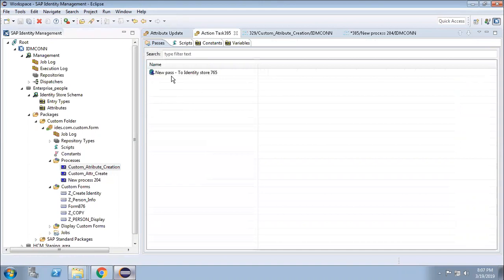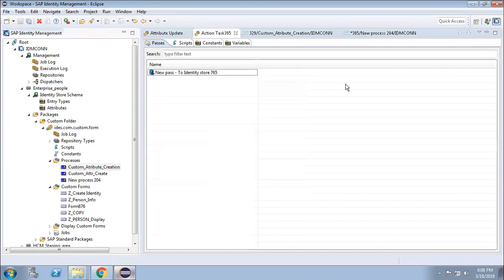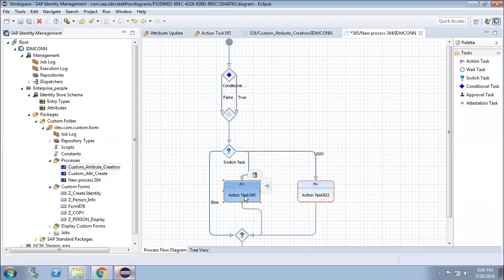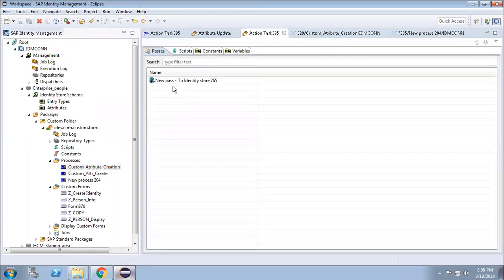So now in the action task, you will see there are various from passes and various to passes. Within a process we have an action task, and in the action task we have pass.